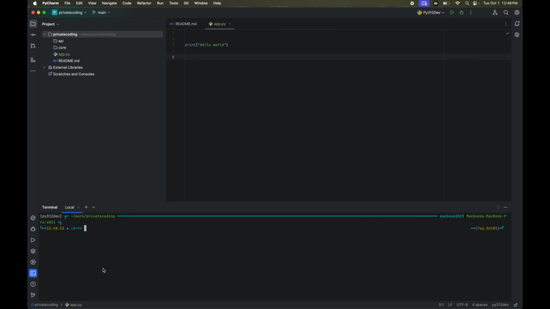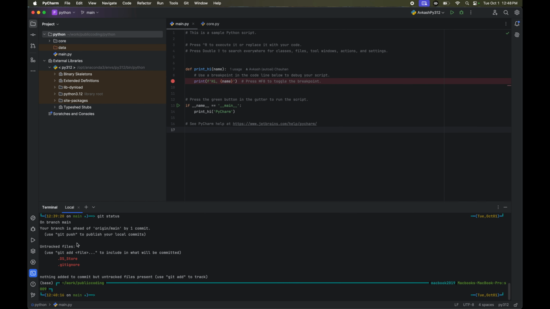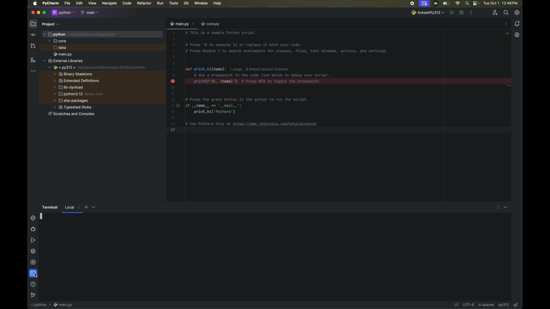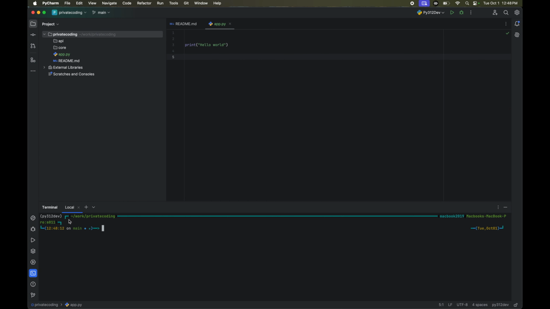One thing to remember now is that here you can see that we are using Py312 dev in the terminal. If we go back to the second environment, you will see that in the terminal we are using the base, but after we have added the Py312, if I exit here and reload it, you will see our Py312 environment is used here, and Py312 dev is the environment used there. So those